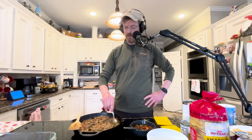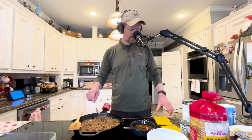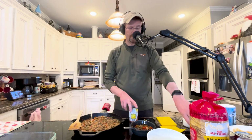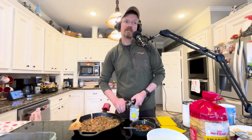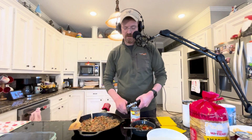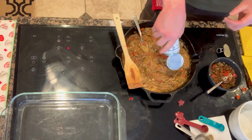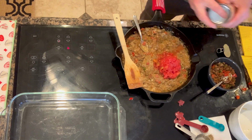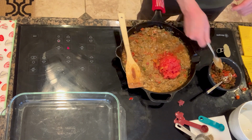I don't know, 1 can. I'm afraid that if I put more in there, it might be a little too soupy. And to get everything, oh, I forgot the Rotel. Got to put the Rotel in there. Get my can opener. This is why people write things down. That's my imaginary can opener that I'm doing handheld here. I'm doing it with, I guess, counter space. Counter space is why I don't have a mechanical